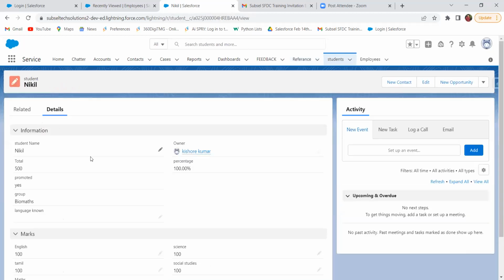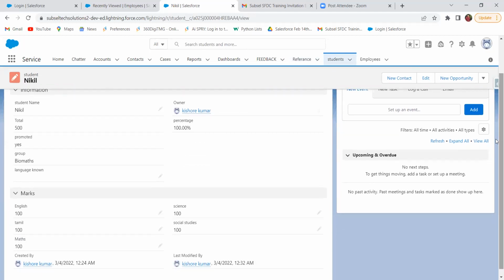Just simply, I have inputted the name. Total is a formula. Once the marks are inputted, the page layout I have edited like this. So once the marks are inputted, it will be calculating the percentage, and the group will be selected as per the